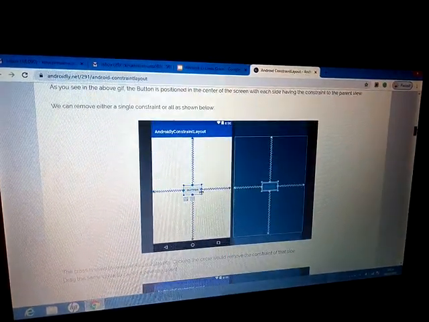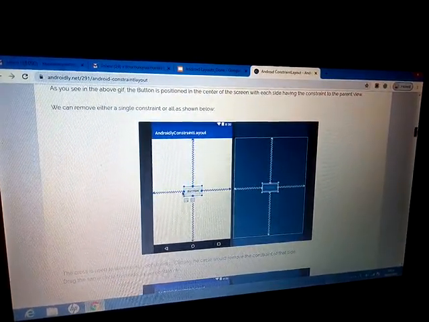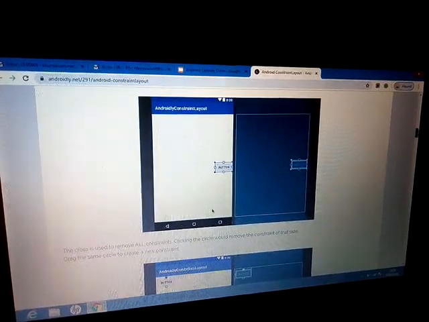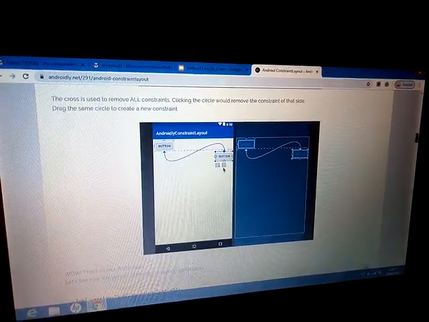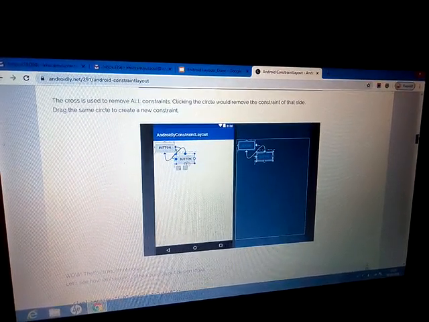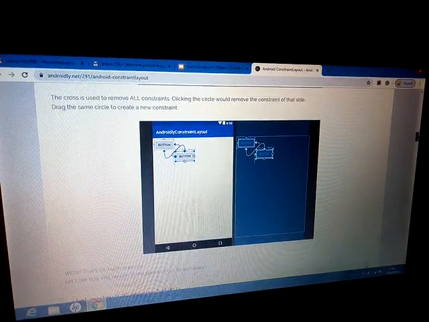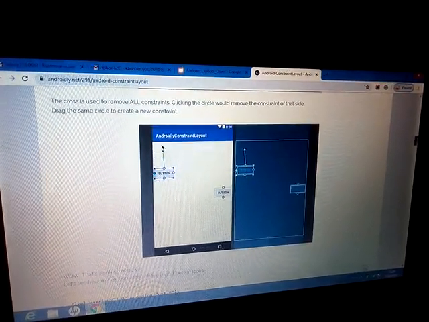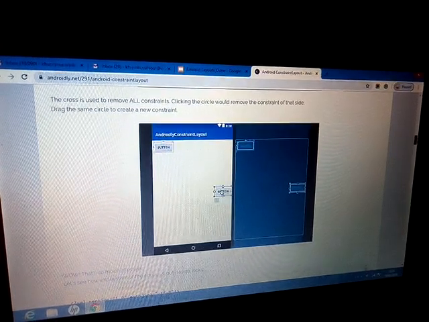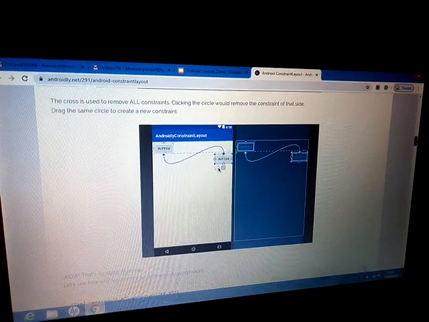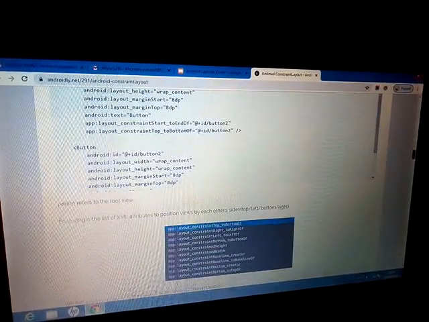Now let's move ahead. We can adjust the constraints like that, and suppose there are two buttons and we are making constraints, so we can make constraints like that, and that's all on the androidly.net. So I'm referring this to you people for practice. You can refer to this site. So let's move ahead,